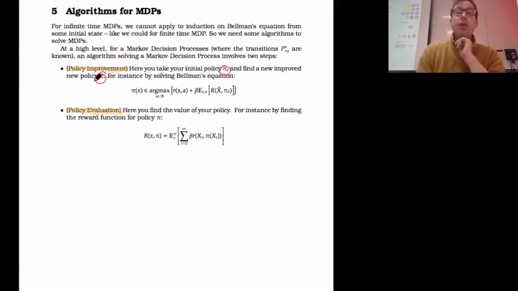The next thing is you've got your new policy, and you need to know how good it is. And that's where policy evaluation comes in. So the idea here is you try to find out the reward function that you get from that policy. So you need to evaluate R of pi, and then we substitute it in again. And then we get a new policy, and we evaluate it, and we keep on going like this. So at a high level, that's what pretty much all the Markov decision process algorithms do. Not everything, but that's a pretty good high-level description.